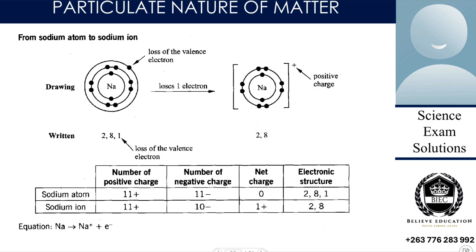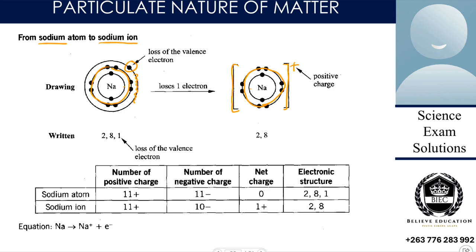Then we look at the first example iri kutiratidza what's happening, and so we are saying from sodium atom to sodium ion, and so sodium atom redu rakadai so rine 1 electron iri in the outermost shell, so we lose this one. After we lose this one, takubva tasara tine these ones. These ones are the ones anga ari mukati muchi muno, so which means this shell has been lost. Saka pasara pangova ne 2 mashells. Then we put our brackets. Our brackets are kureva iwo kuti this one its overall what charge is a, then over also 1 plus, and